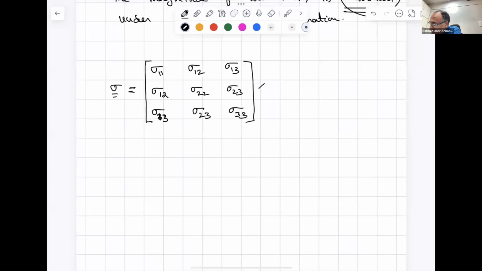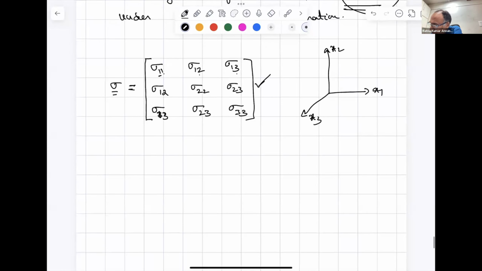So whenever I have written this, this assumes a choice of a coordinate system. I would have chosen my coordinate system to be x1, x2, x3. With respect to this coordinate system, I have written the components, isn't it? Because the first index represents the normal to the surface and the second index represents the direction of the quantity, as we have seen in the previous class. You remember that? If you remember this picture,